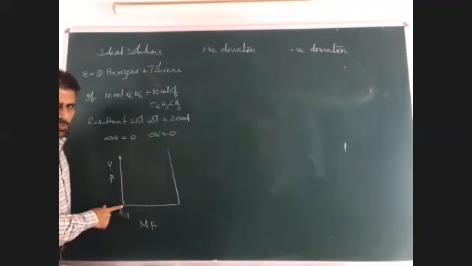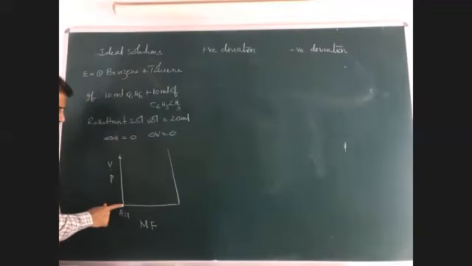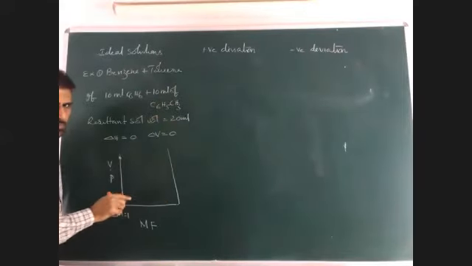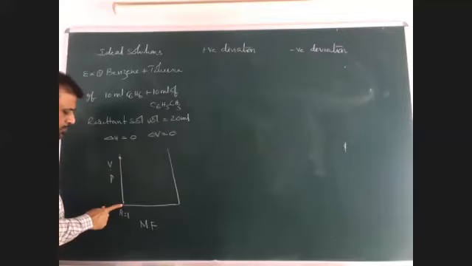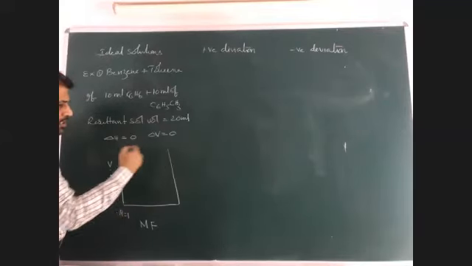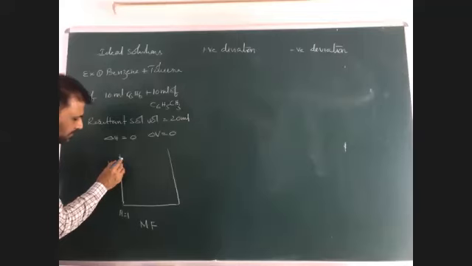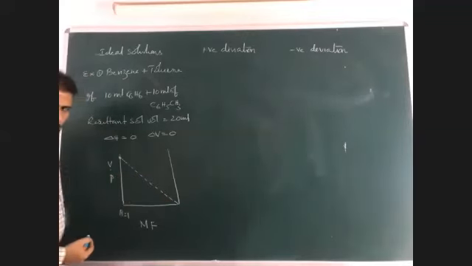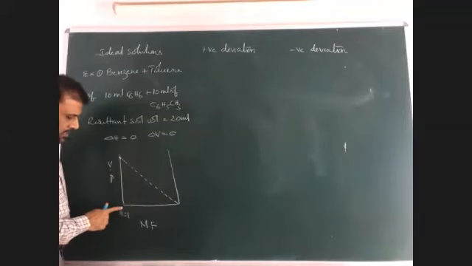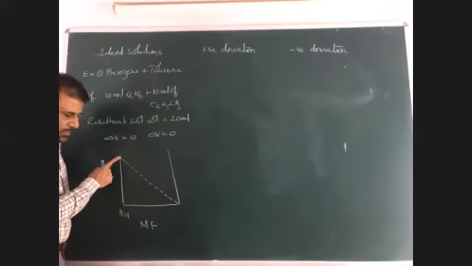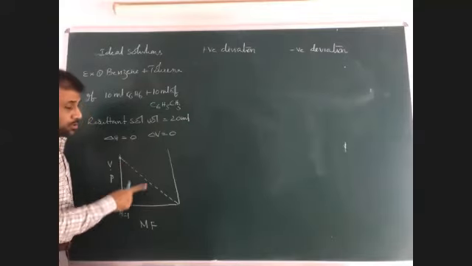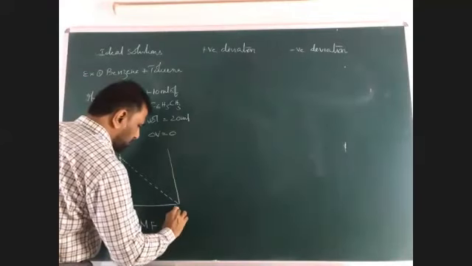Only A is present. That means only benzene is present. That mole fraction is 1. B is benzene, that is toluene is not added. Then mole fraction of the substance is equal to 1. Therefore, only benzene is present. Now, as the toluene is added, what happens to the vapor pressure? It decreases like this. Why does it decrease? A is maximum, so maximum vapor pressure. If you move in this direction, A decreases. That means what increases? Toluene increases.